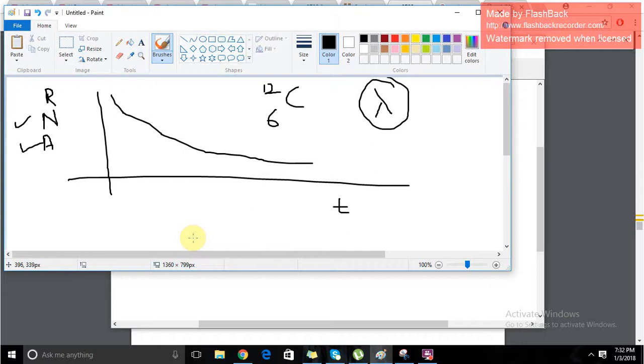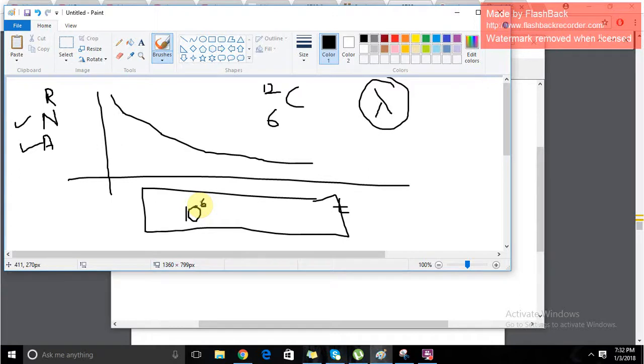For example, we observe 1 million nuclei. So we have this sample, this radioisotope, and there is a portion of it we're observing in which there are 1 million nuclei. So we observe that after an hour, 200,000 have decayed, right? So in an hour, 200,000 have decayed, and from that